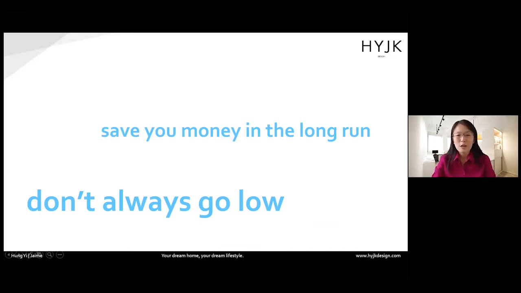So as I said, we'll help you to save money in the long run, because imagine if you have to buy a bookshelf every year, that's going to add up quite a bit versus getting a sturdy bookshelf that can last you at least 10 years or more. So for us, we want to do a little shift. We don't want to always go for the lowest. We want to know what is good quality. So sometimes there are deals whereby you get really good quality things at a low price, but not always. So we'll give you the general pricing of how certain quality products will cost later on. And then if you need more details, you can ask me in the Q&A.